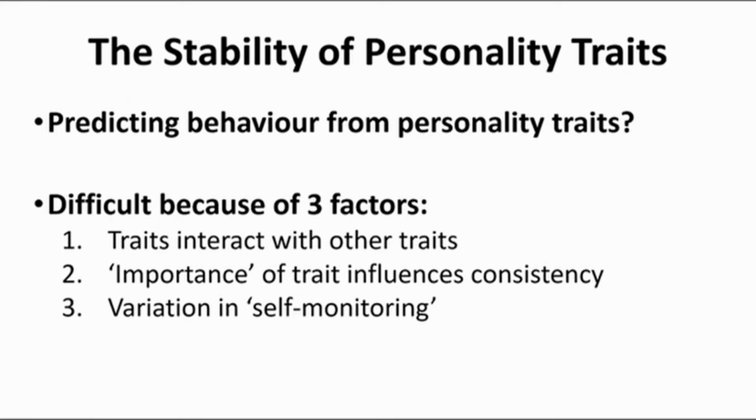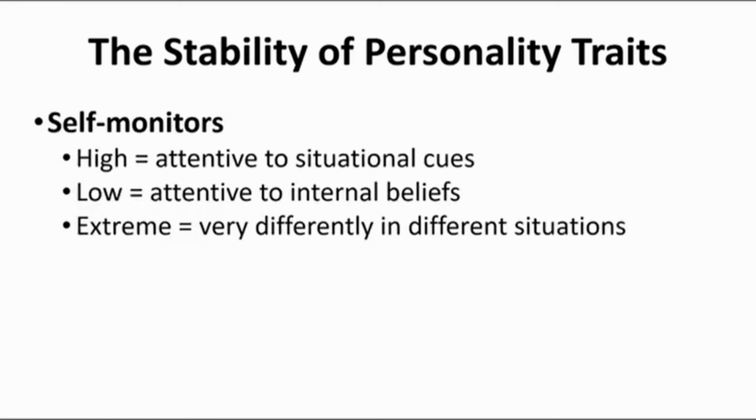The third factor here is our variation in something called self-monitoring. And this is our tendency to regulate our social behavior in accordance with situational cues versus our internal values or attitudes or needs. So to help explain what that means, if we consider someone who scores high in the trait